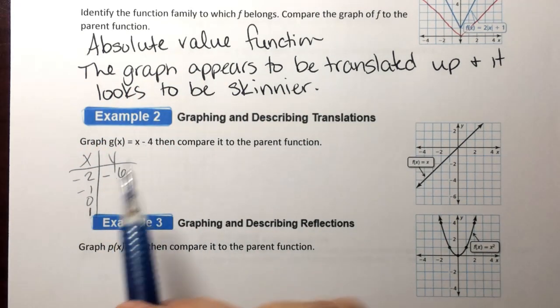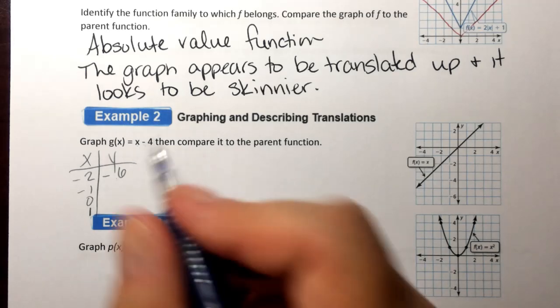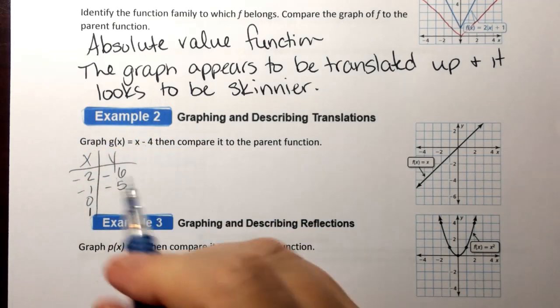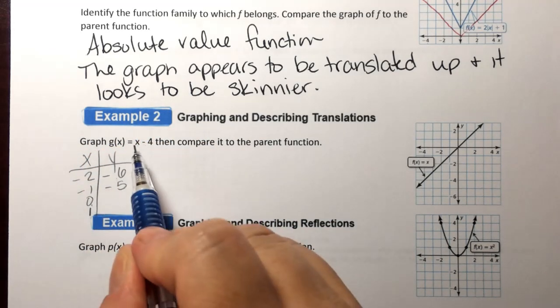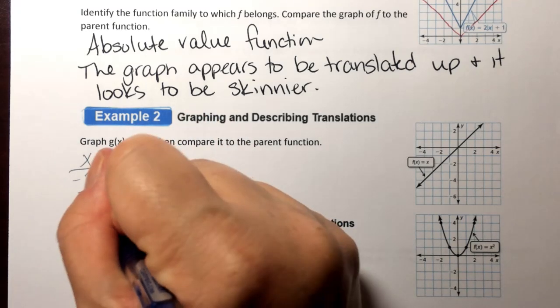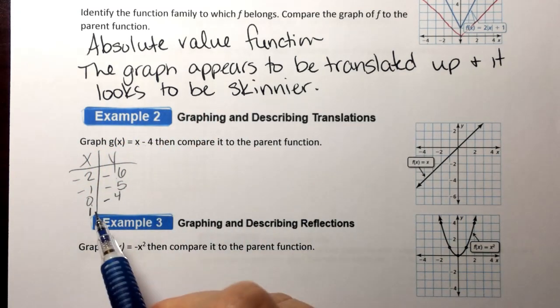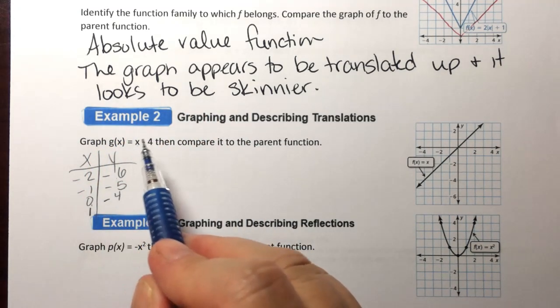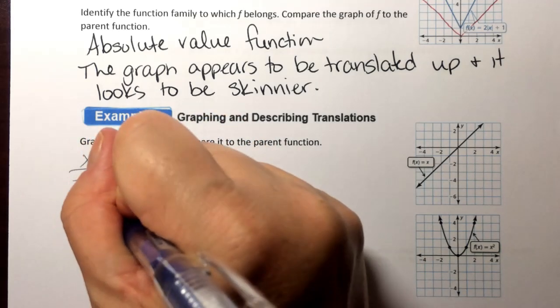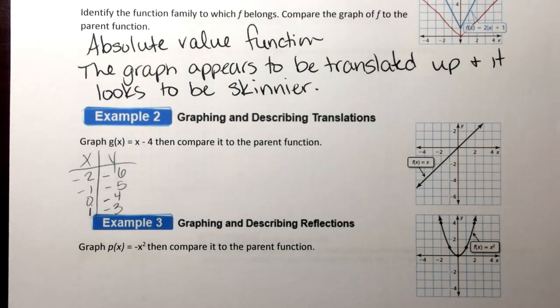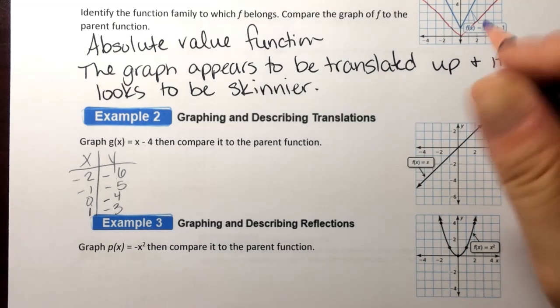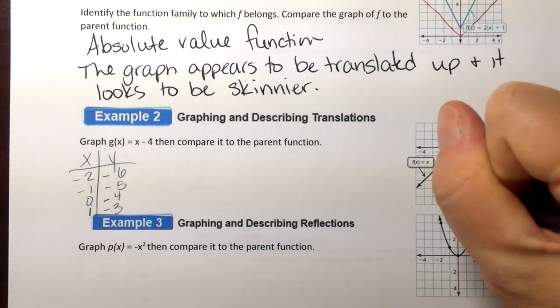Now we're going to plug in -1. -1 minus 4 gives us -5. Substitute in 0. 0 minus 4 gives us -4. And then substitute in 1. 1 minus 4 gives us -3. So I'm going to plot those points on my graph. So we got -2, -6,